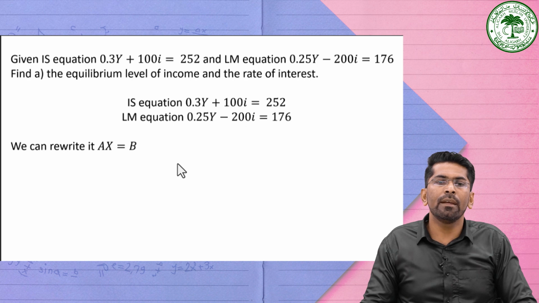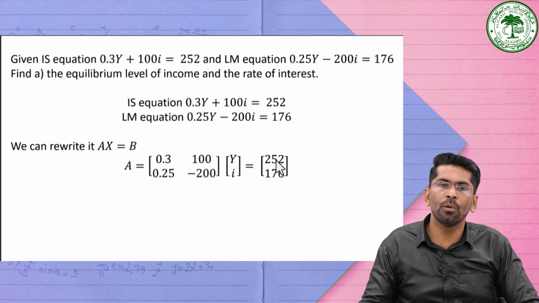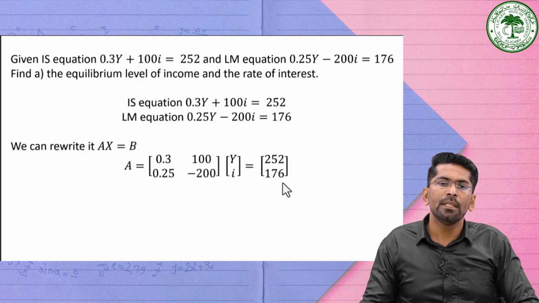So we can rewrite it in the form Ax is equal to b. Then it is 0.3, 100, 0.25, minus 200. Then the variable matrix, y and i, is equal to 252 and 176. After forming it in this format, that is Ax is equal to b,